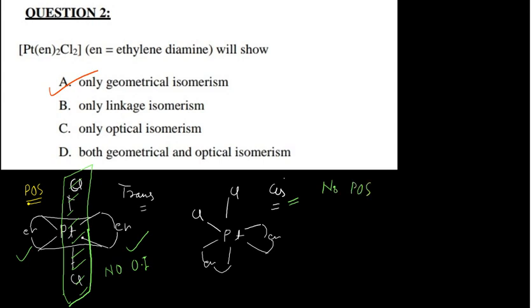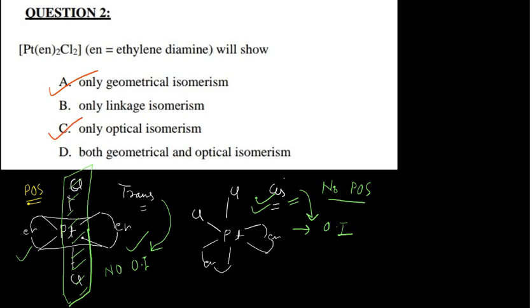You cannot put a plane in any manner which will bisect the molecule into two identical halves. And this thing I have explained in detail in my lecture on isomerism in coordination compounds, where I have explained all these things. You can go through and check how we can identify it. So when it is not having the plane of symmetry, it can show optical isomerism. So this cis form is showing optical isomerism, while the trans form is not. So you can see optical isomerism is another possibility.